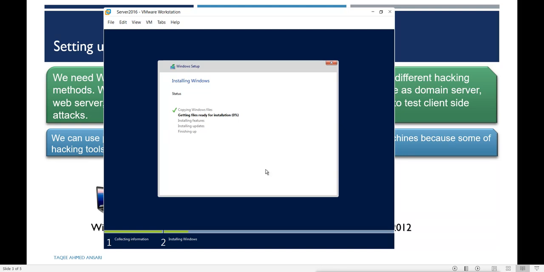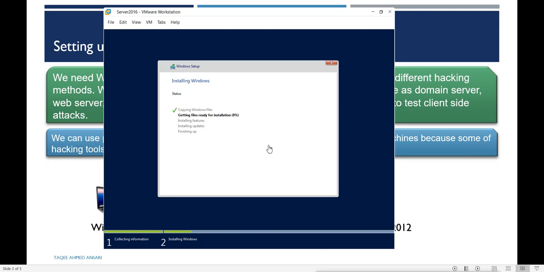And after the installation, whatever you want, you can configure it here first. Suppose we want a web server, a database server, or an Active Directory server. So we should configure those things here so that we can use them. Now it is going to take a little time for installation.